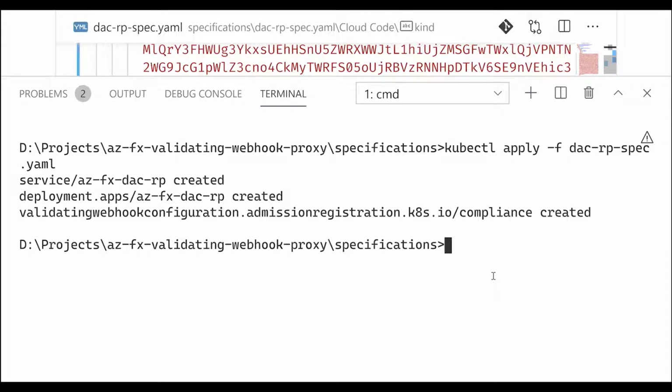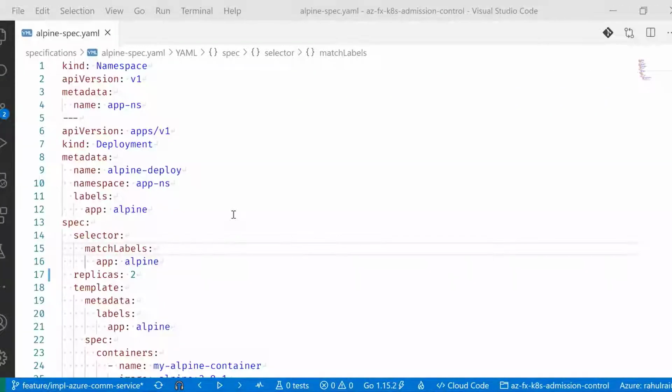So now let's use a sample specification in order to test whatever we have deployed till now. In order to test our validating webhook, what I've done is I've created a very simple application. Let's look at the spec for the application. The first part of the spec only creates a namespace, and then we create a very simple deployment using the very popular Alpine image.